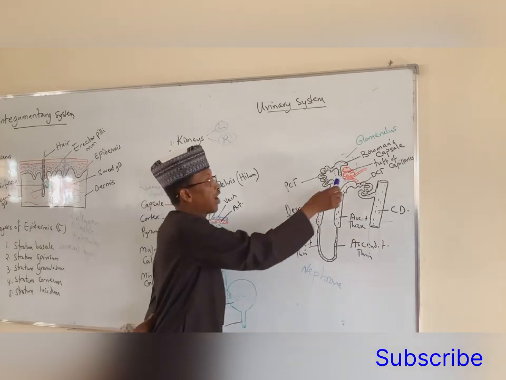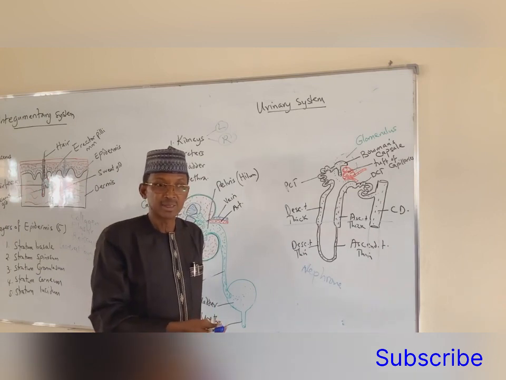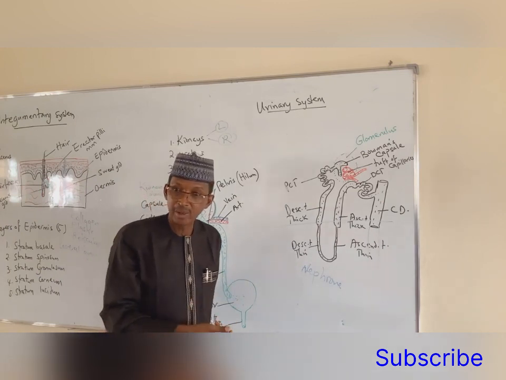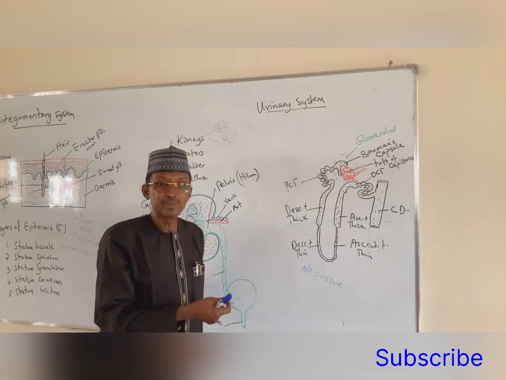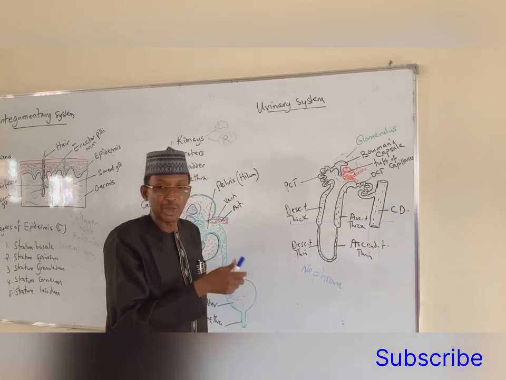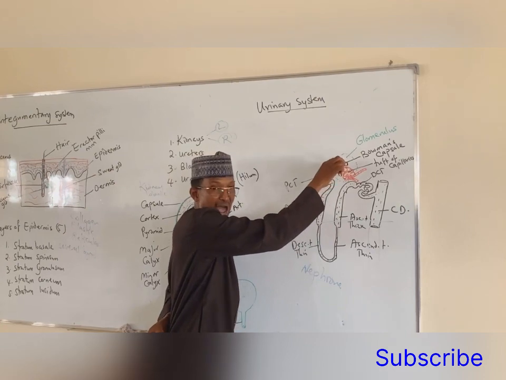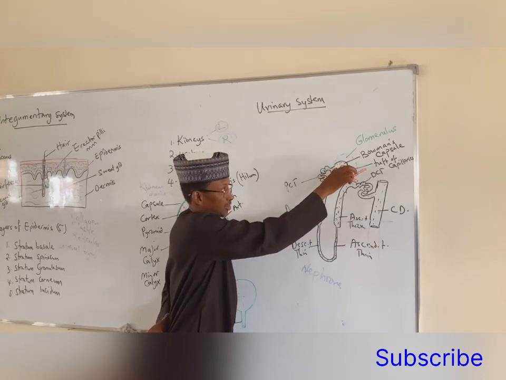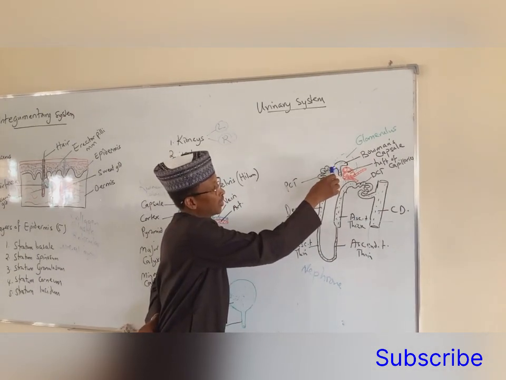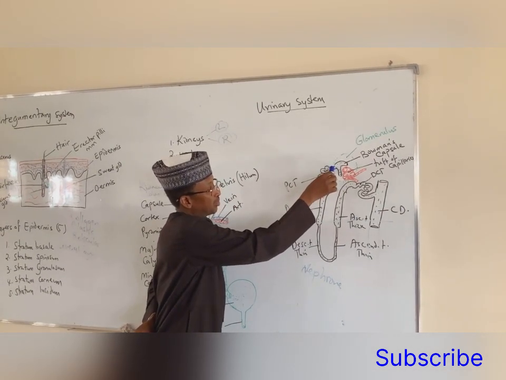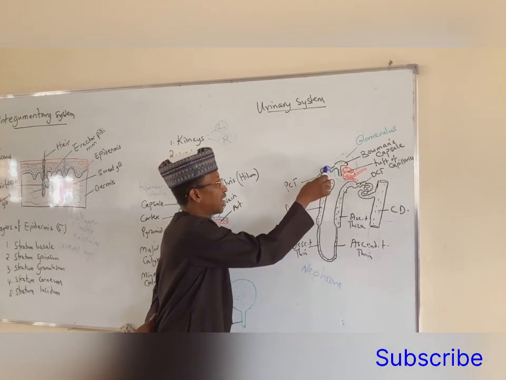It is going to sieve out all the toxic waste, the water that is in excess, the urea from protein metabolism, ammonia, and other components of the blood that are not important to our body. All of them are going to be sieved out of these blood capillaries into this Bowman's capsule. And so the Bowman's capsule continues; it has a beginning, what you call the neck of the Bowman's capsule. And from there, there is a convolution